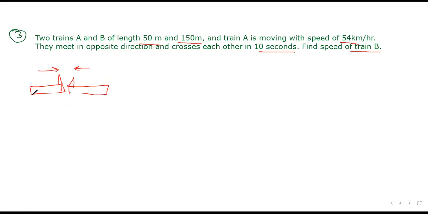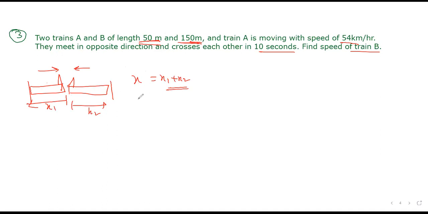Yes. So listen here. Here the distance is not given, just the lengths of the trains are given. So the length will obviously be your distance. To cross each other, the two trains have to cover their own lengths. This train's length is x1, that train's length is x2, right? So what is the relative distance they have to cover? Obviously x1 plus x2, because they are moving in opposite directions.